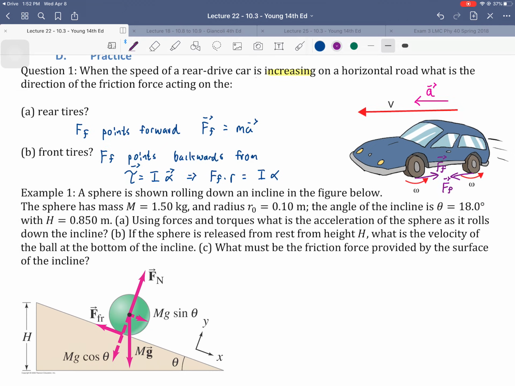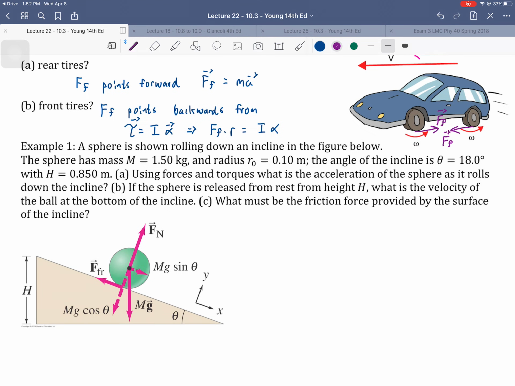All right. So interesting result there, I think, okay? So again, back